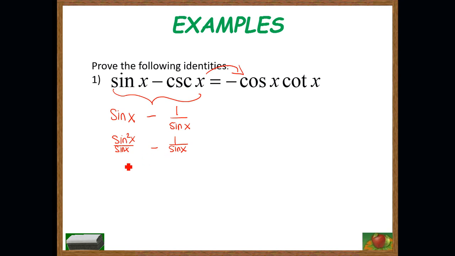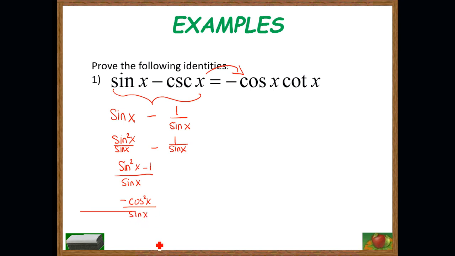So now if I subtract across the top, I'd have sine squared x minus 1 over sine x, making a single fraction. We know that this sine squared x and a 1, this relationship we've seen before, sine squared plus cosine squared equals positive 1. So if I change around that formula a little bit, that whole expression turns into the negative cosine squared